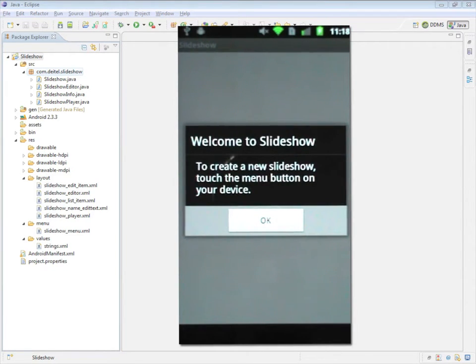Welcome to the Slideshow app. Now I've got the app already up and running on my device, and what I'd like to do right now is walk you through the app and also talk a little bit about the technologies that we'll be using in this app. So as you can see here, when the app first comes up on the screen, you're presented with